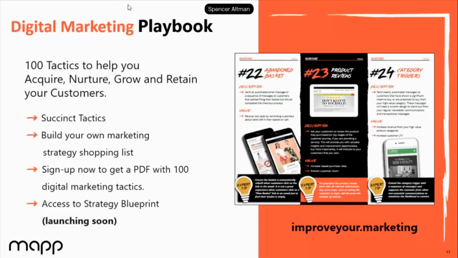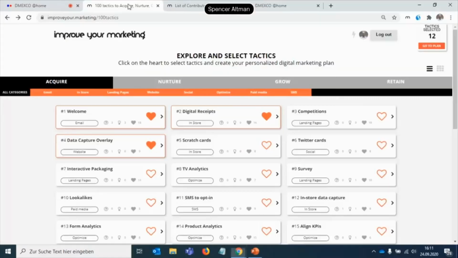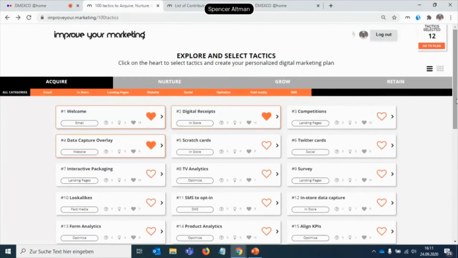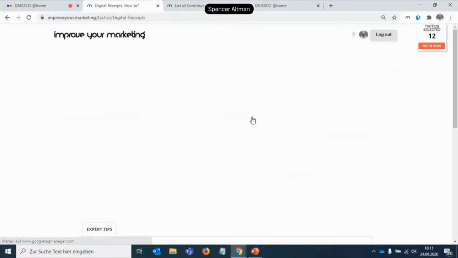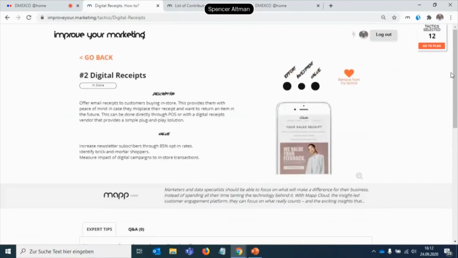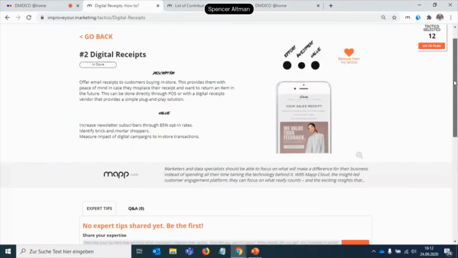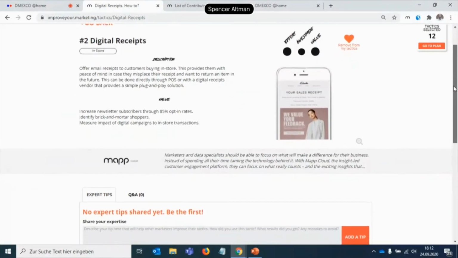The community is available at improve your marketing, and let's actually now take a look directly at it. So as I mentioned, with the platform, there's over 100 tactics in here. I think now there's well over 100 because the community was launched in beta phase a few weeks ago and is now live for you to join yourself at improveyour.marketing. And for each